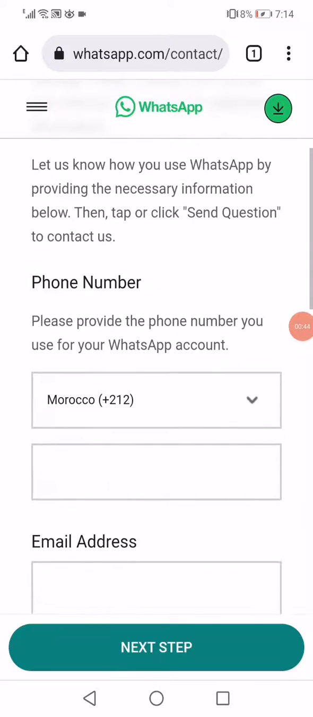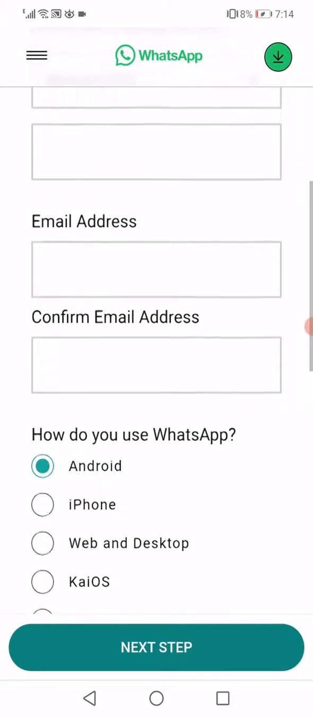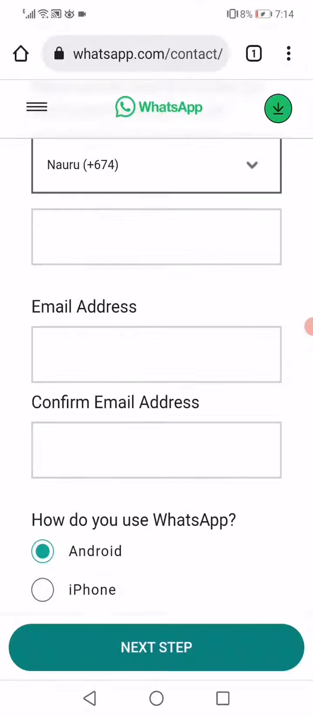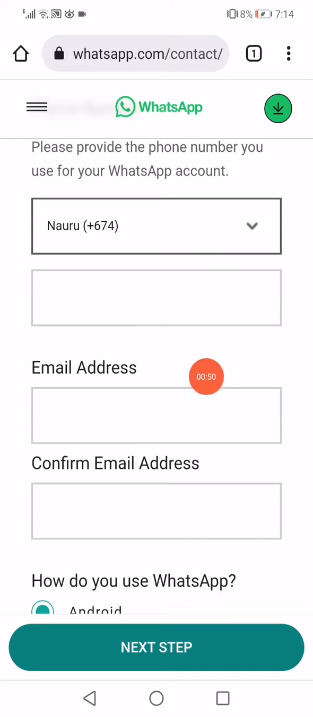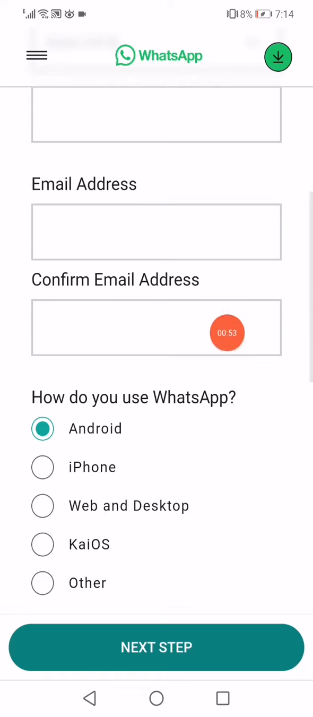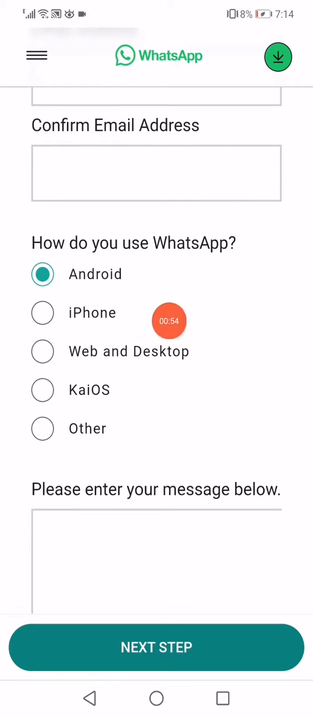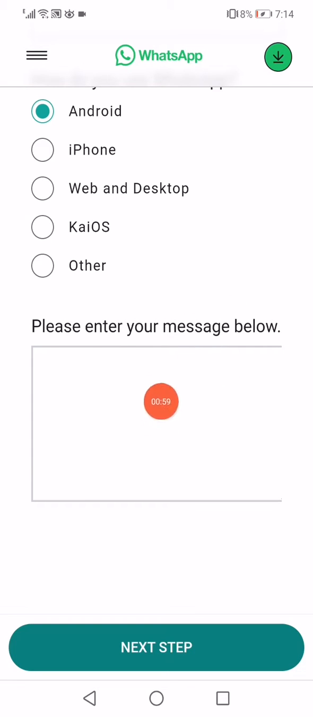Now on this page you have to enter your phone number and choose the country that you are in, and the phone number, the email address, and confirm your email, and how you use your WhatsApp, what device you have, and here you need to enter your message and the problem that you have and click on Next Step,